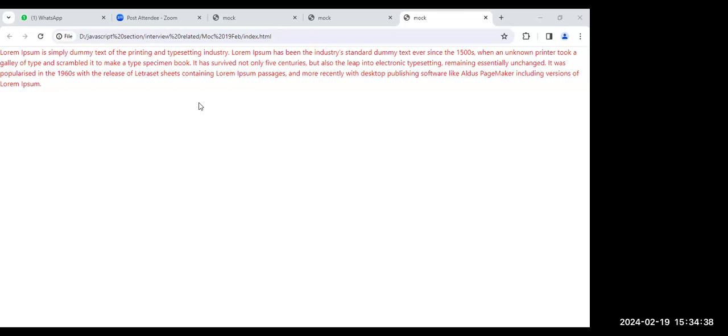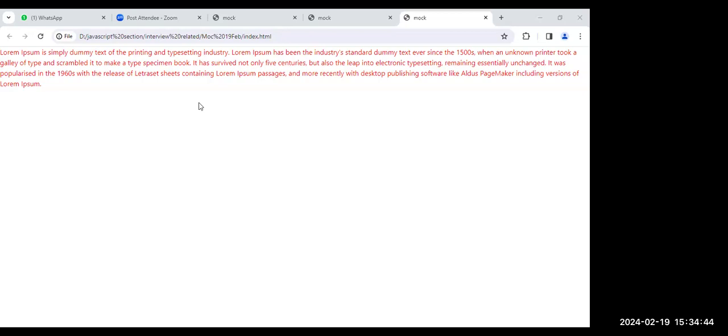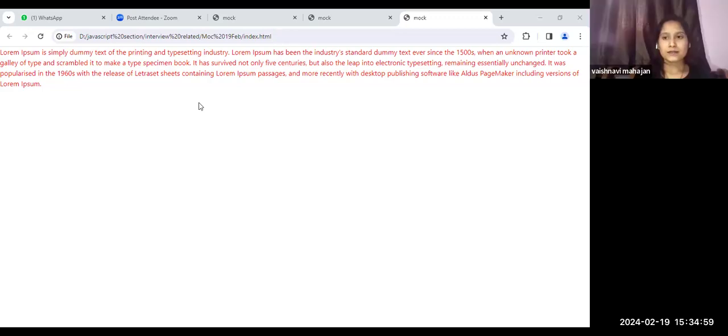Can we use this keyword in arrow function? No, sir. Why? Sir, we cannot use it, but